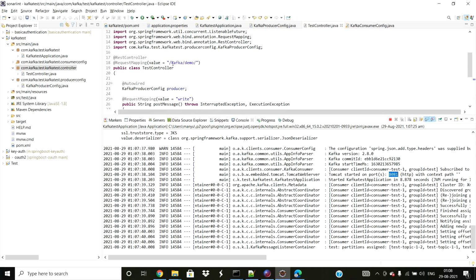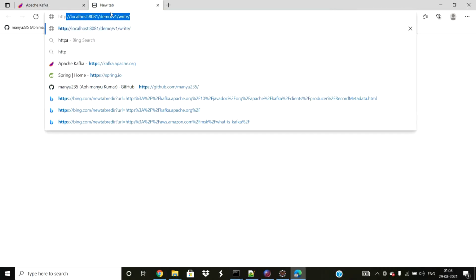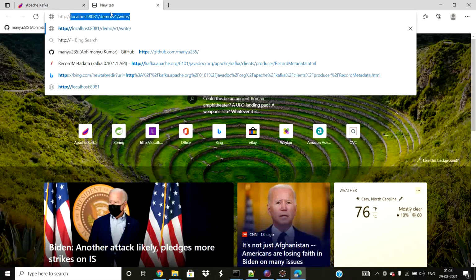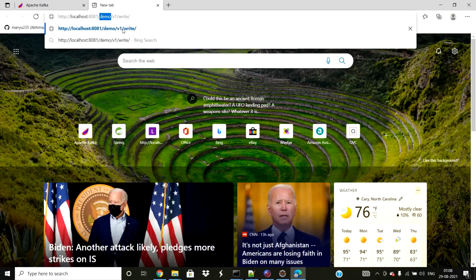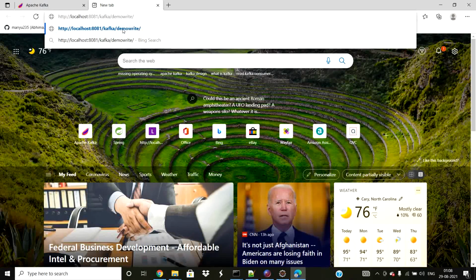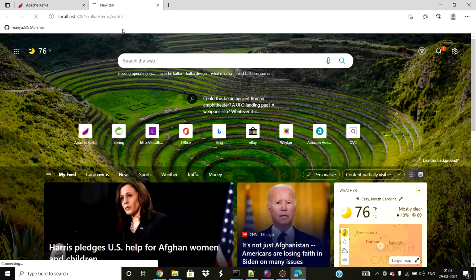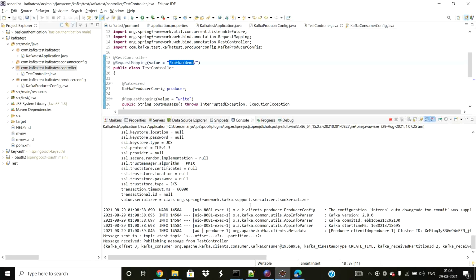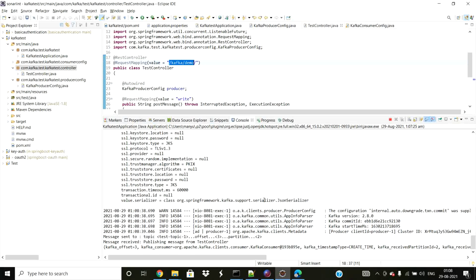I'll try to read this endpoint, Kafka demo, simply localhost demo. So this is the message returning from that method, and you see in the log: message sent to topic test topic 1, offset 3, partition 2.